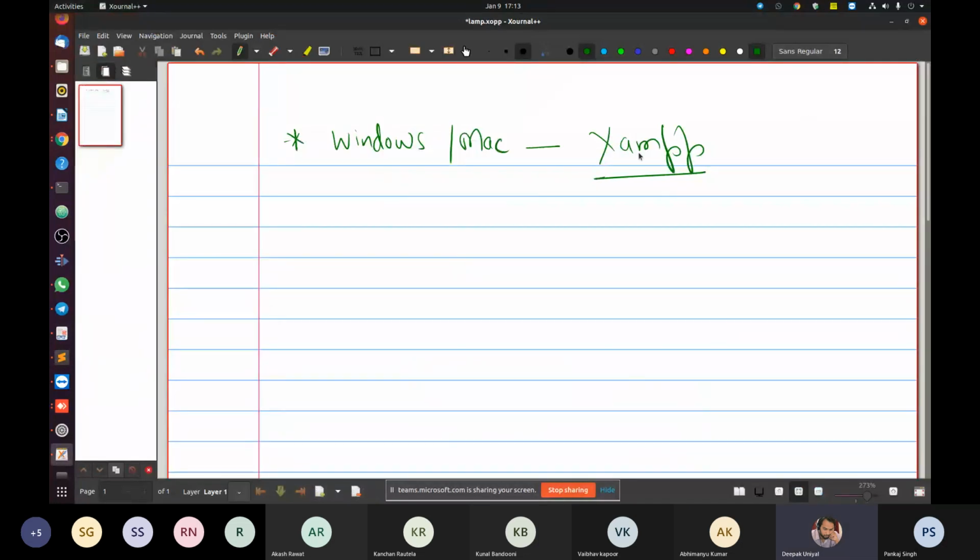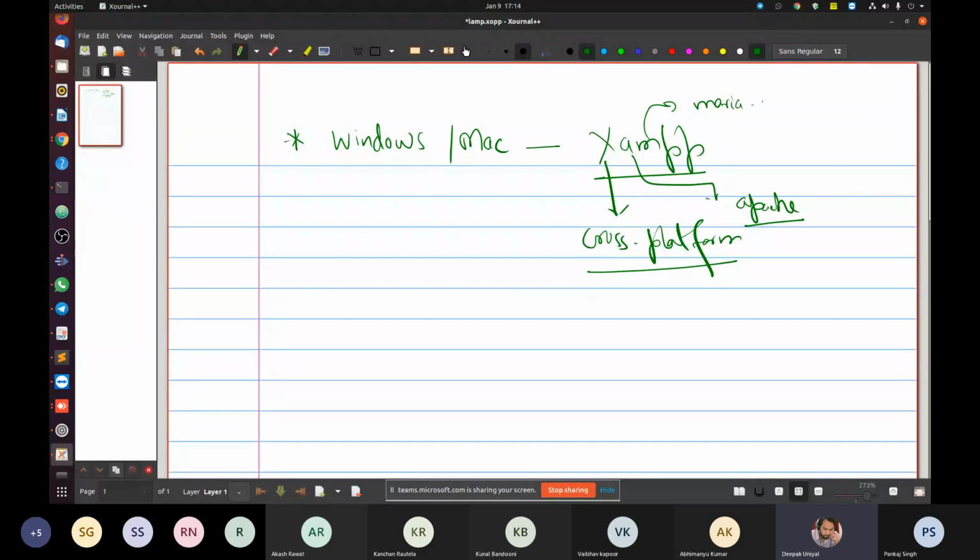So you have something which is cross platform, so you can run it on any platform. A means Apache, and Apache is server. MariaDB is basically database for us, and these two are